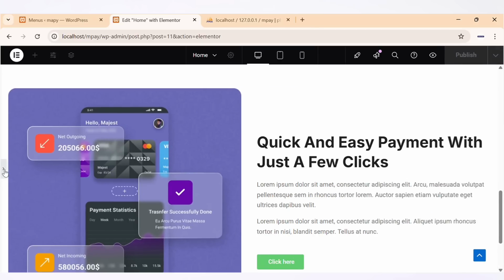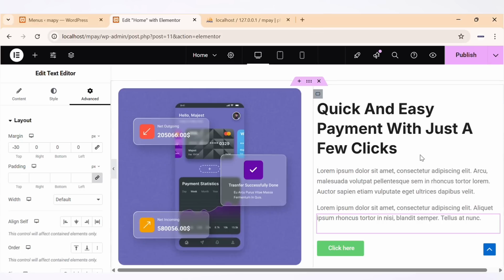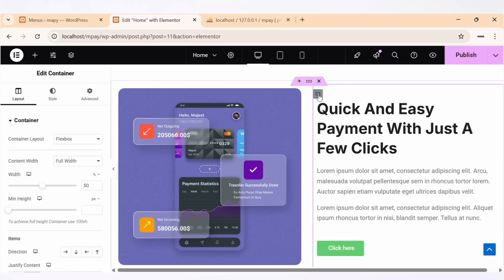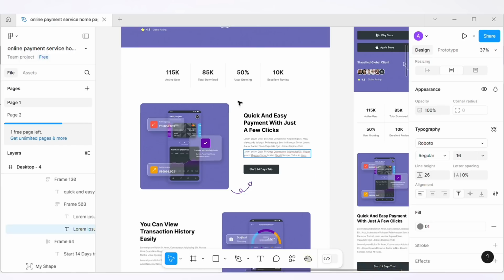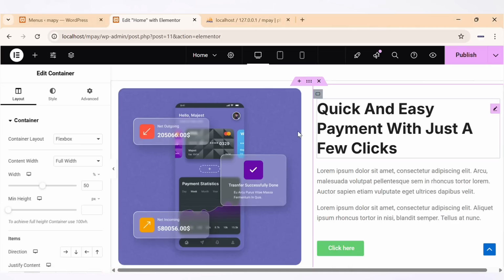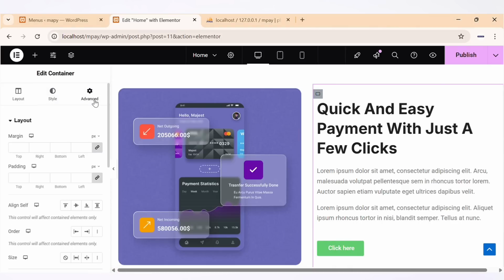Okay, and I'll just do one more thing. I'll just add a padding. If you look at our design here, you see that there's a little space here. So I'll just add a padding to the left. Okay, I'll just come here. I'll go to our parent container, go to advanced, unlink this, and for the right side I'll add,